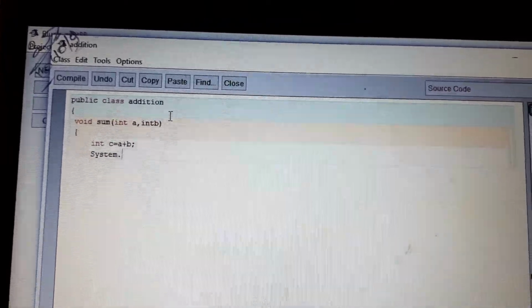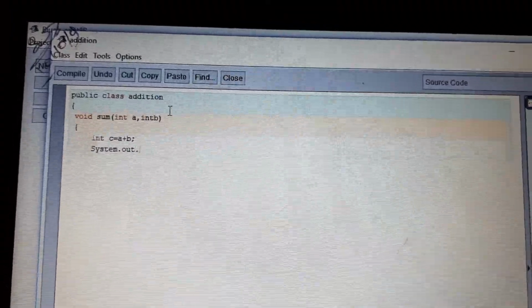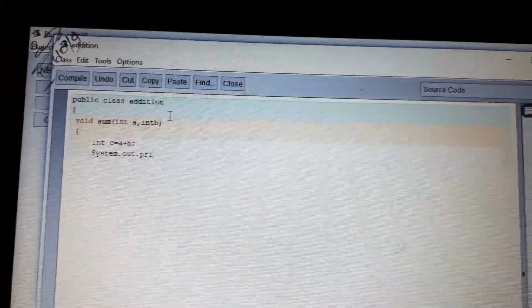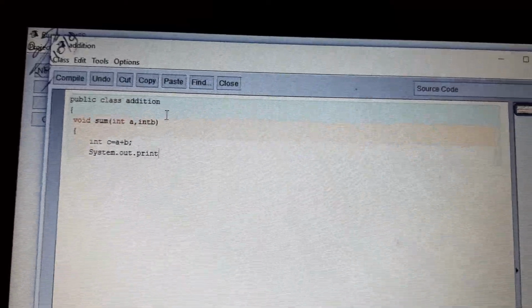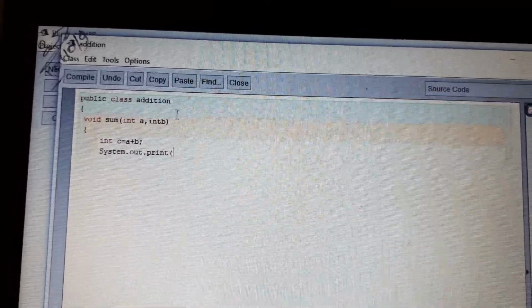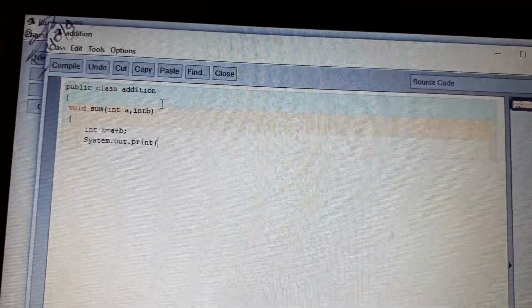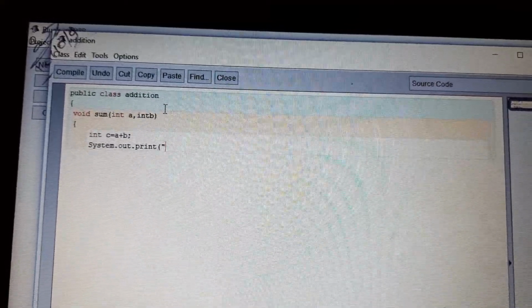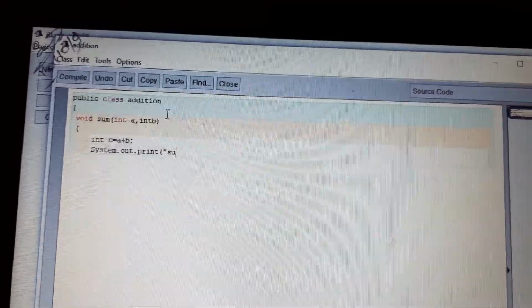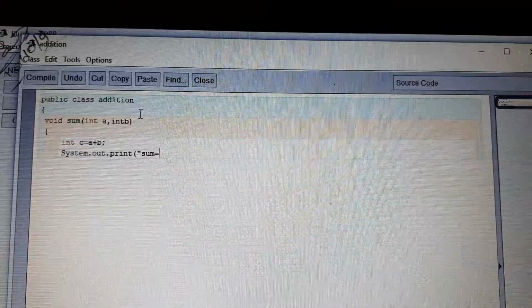System dot out dot print, and after this, if you want to print a message, that will be within quotation marks. Suppose you want to print the message sum is equal to, then the real value of the addition. So what will happen?